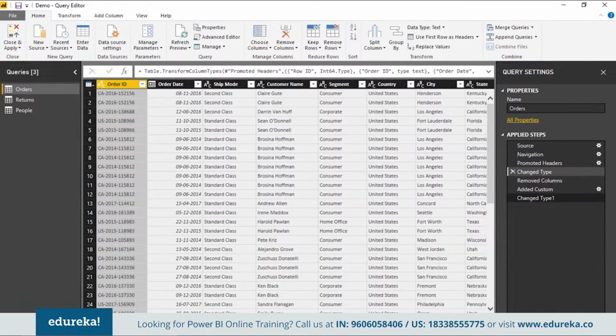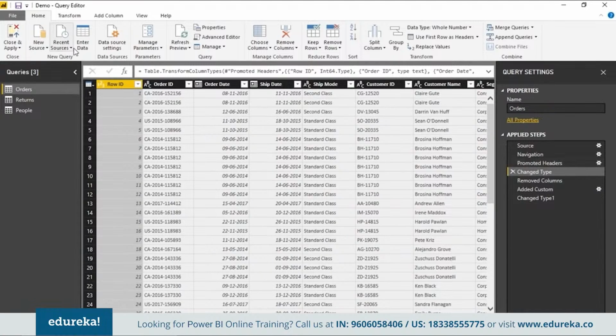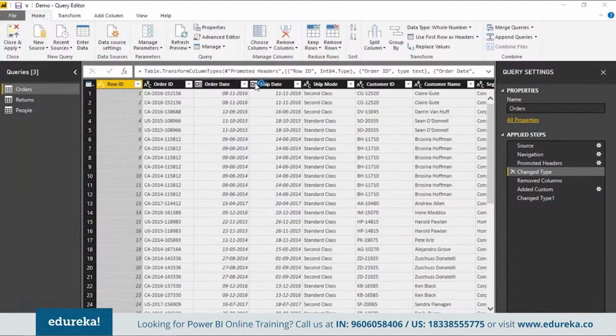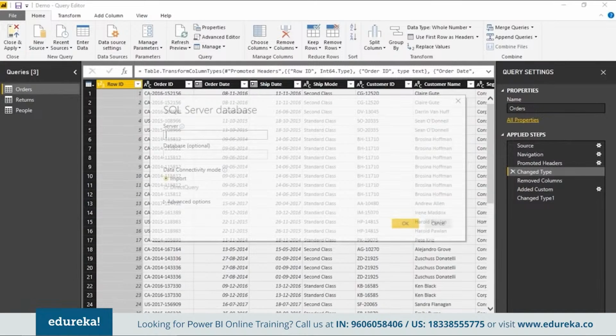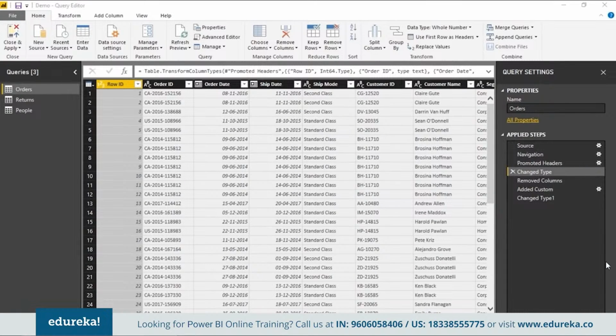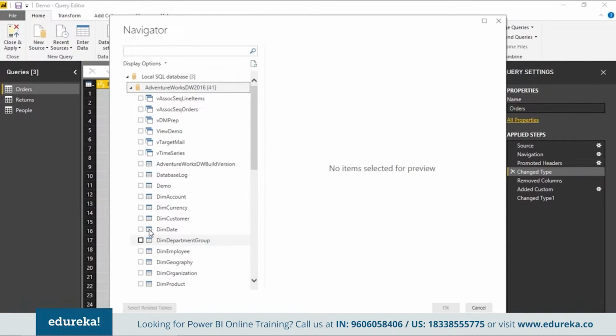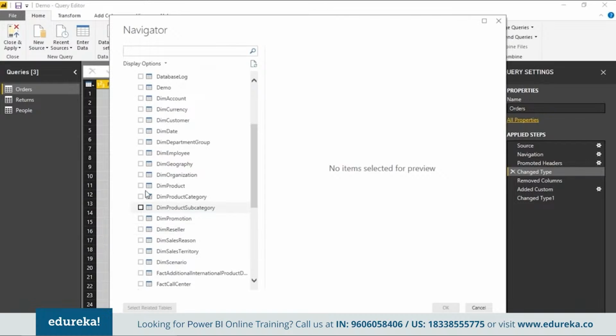So if I just quickly go ahead and get some data from SQL Server here, real quick, I'll try to pull in some data from SQL Server. I think this is also the first time that you're seeing how we connect to a SQL Server. So I give it a dot as my server name, and I'll try to connect to my local instance. I have a database called AdventureWorks as a demo. So I'll connect to my AdventureWorks database, and here I'll go ahead and connect to, let's say, DimCustomer.